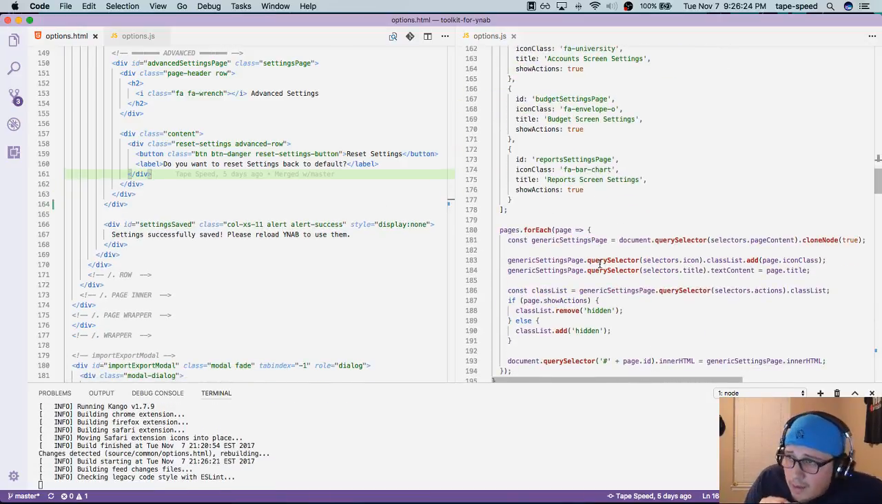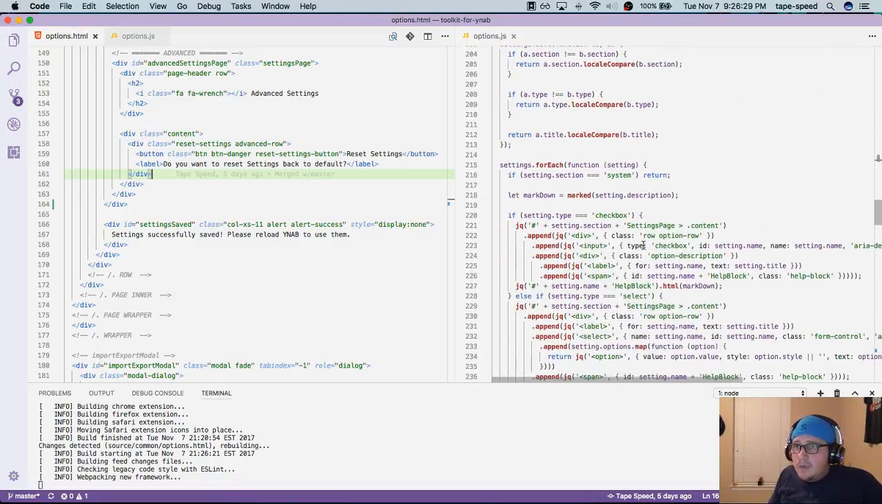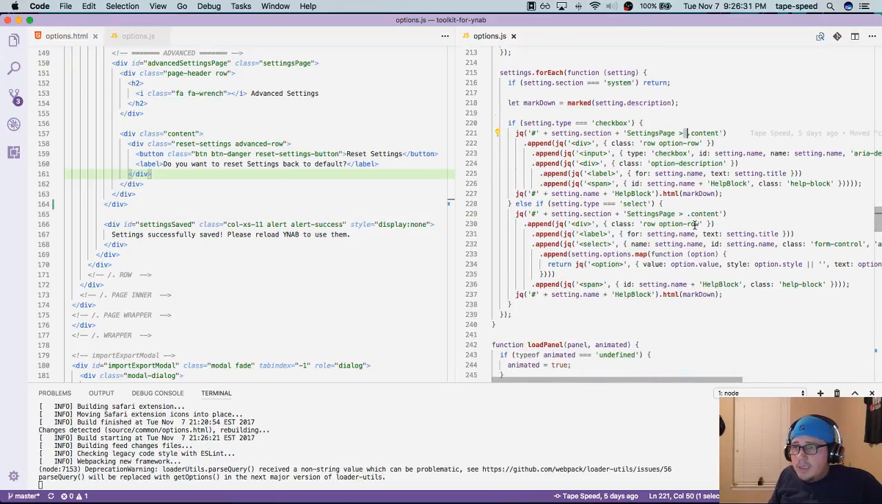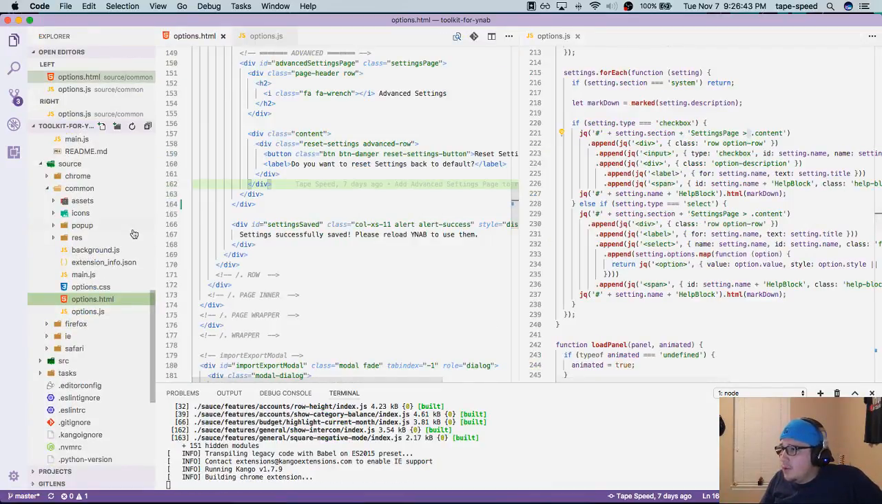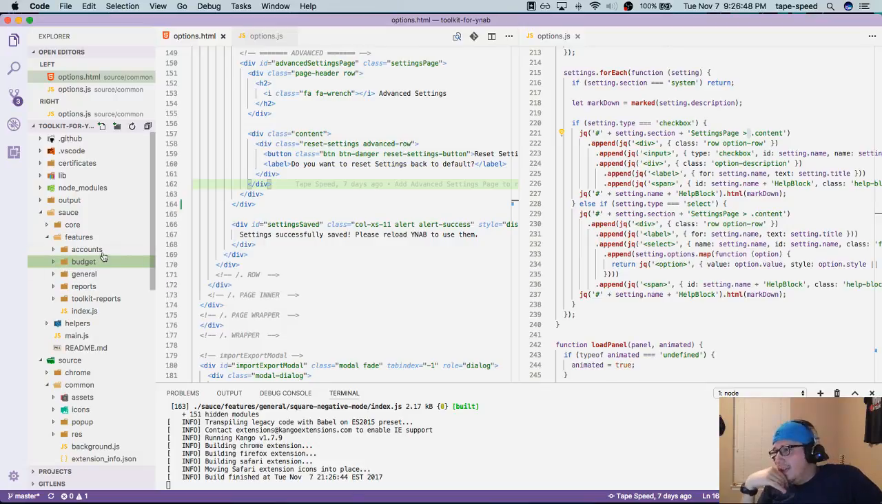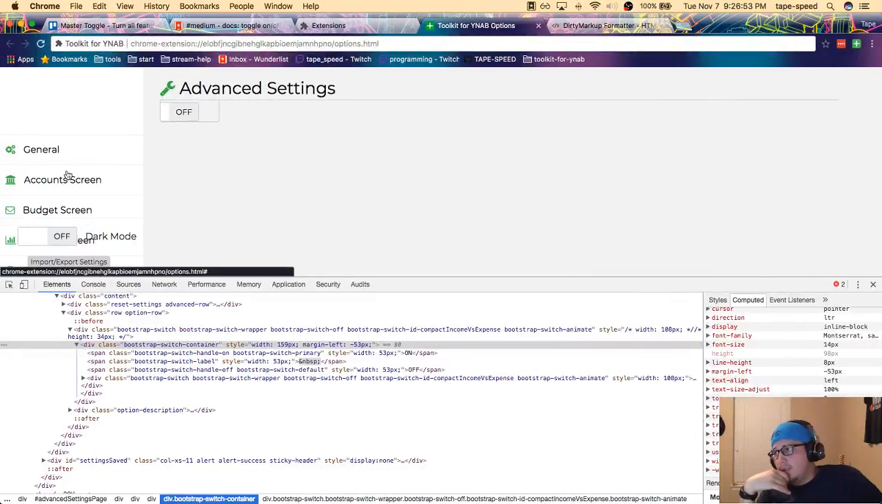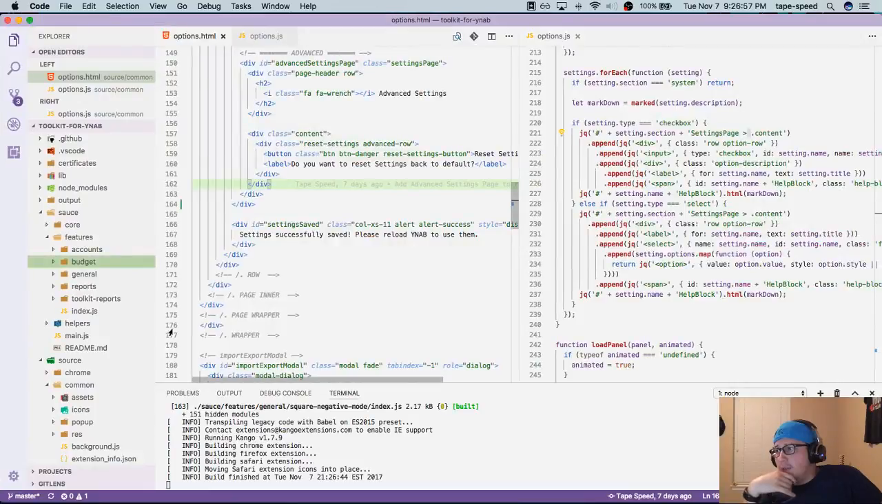Let's look at, for each one, build options page. For each one, it goes into the content and then it adds it. Okay. That should work. Alright, let's learn how to write a feature. So we're gonna come in, there's this source directory. And there's one for each folder, for each screen. So it's like a general account screen, budget screen,